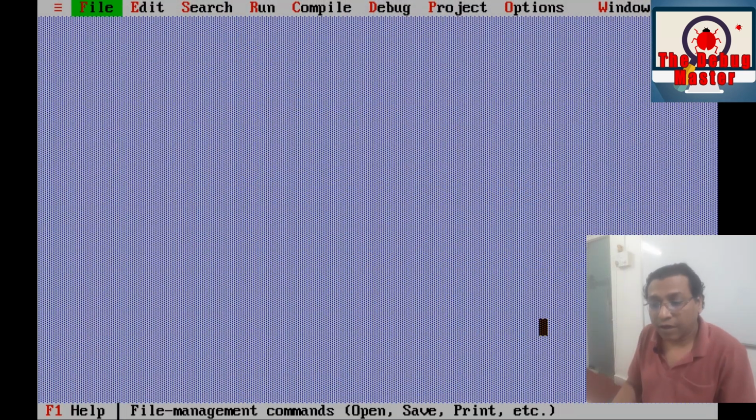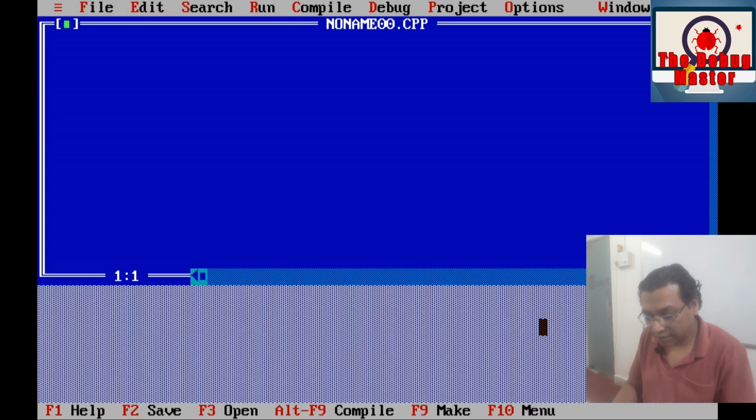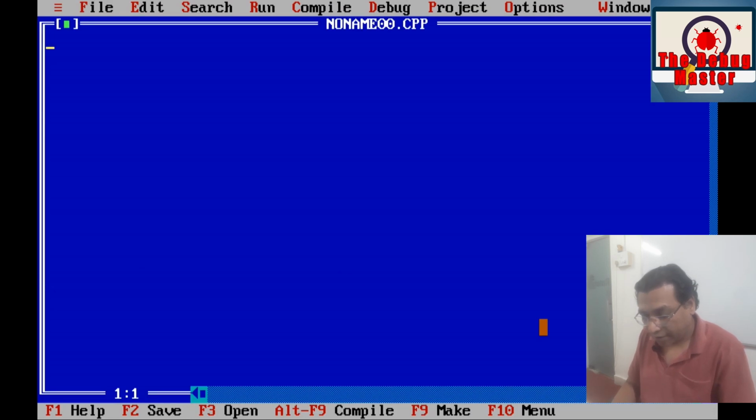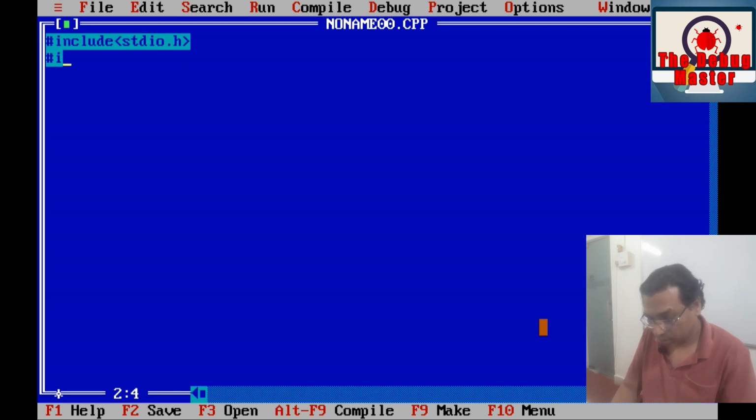Okay friends, now we have started Turbo C application. Create a new file, include standard library functions, stdio.h and conio.h. Here goes a main function,